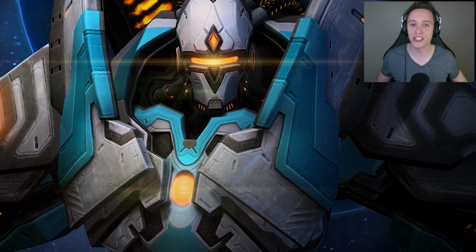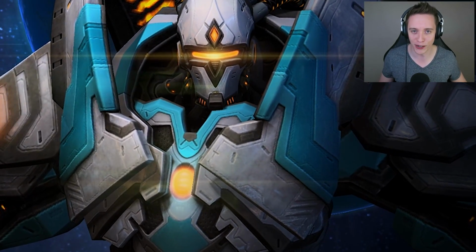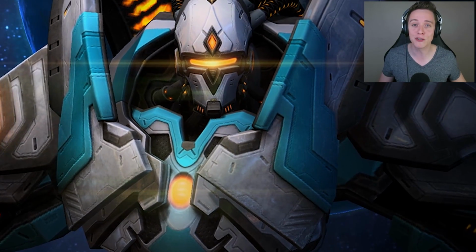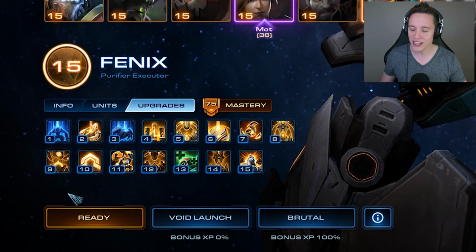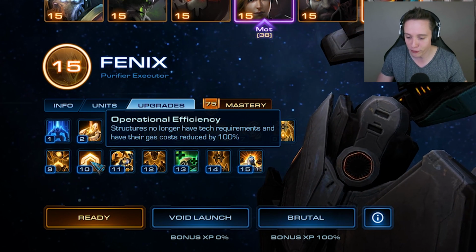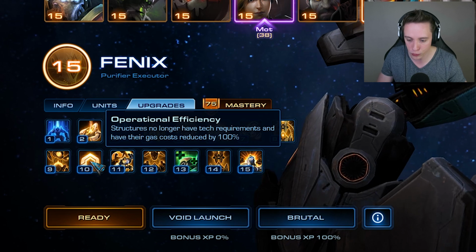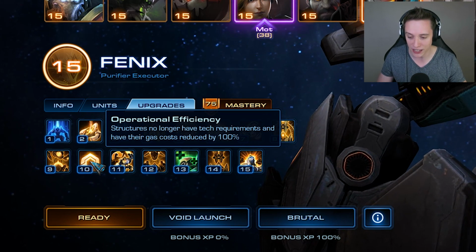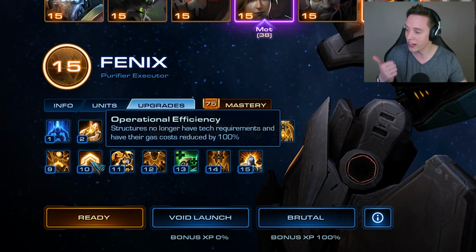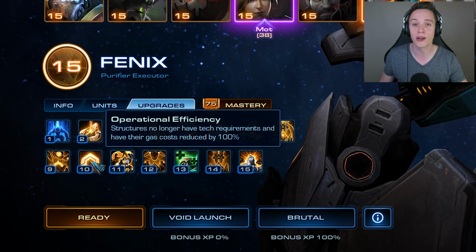The strategy that I want to share with you today for Fenix started off as a bit of a joke. I actually didn't intend for it to work whatsoever, but it turned out to be very powerful. There's this level 10 upgrade that you get while leveling him up called the Operational Efficiency. Structures no longer have tech requirements and have their gas costs reduced by 100%, meaning that you can actually skip out the gateway, the cybernetics core, and everything else that you normally need to start off with a Stargate right